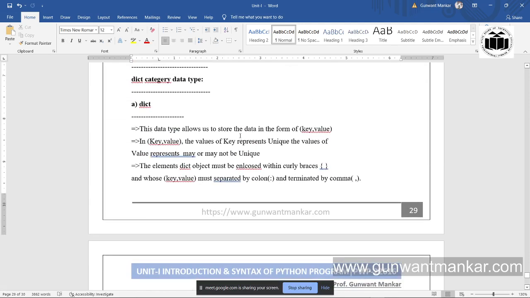Okay, what is mutable and immutable? जहाँ पे आइटम असाइनमेंट परफॉर्म करता है उसको हम बोलते हैं दिस ऑब्जेक्ट्स आर म्यूटेबल. जहाँ पे आइटम असाइनमेंट परफॉर्म नहीं होता है उसको बोलते हैं इम्यूटेबल. Okay, this object we can say immutable. Now see dictionary category data type. This data type